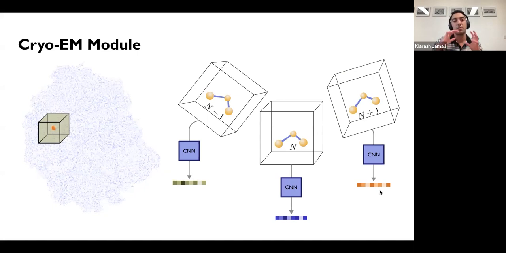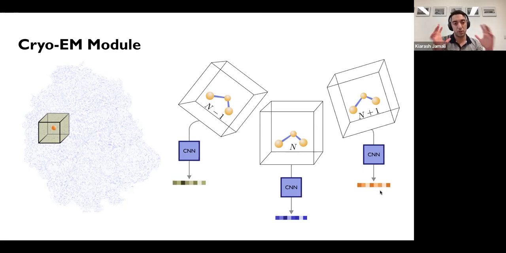So you interpolate the cube around each C alpha, and the cubes are also oriented based on the backbone orientation at the C alpha position, which you might be wondering, how do we even get the backbone orientation? In the very beginning, it's completely random, but then ModelAngel will update this backbone representation as it goes along.